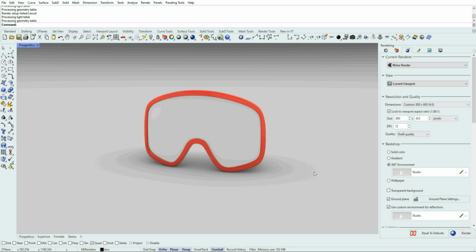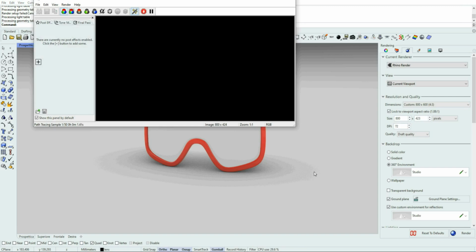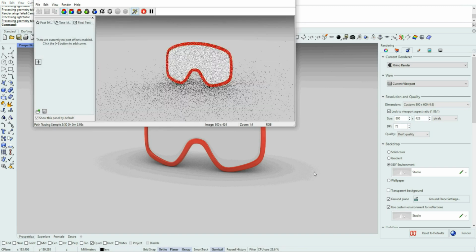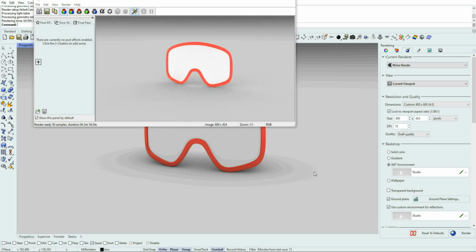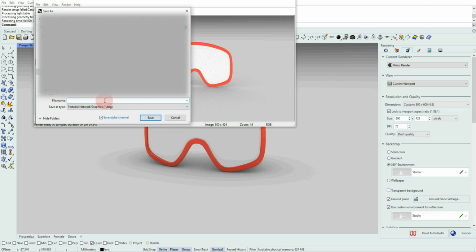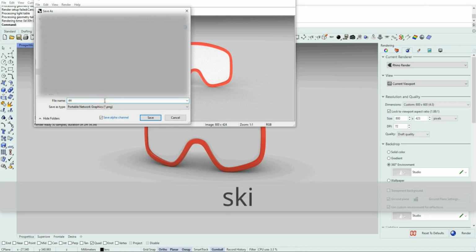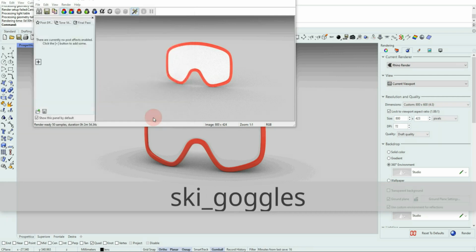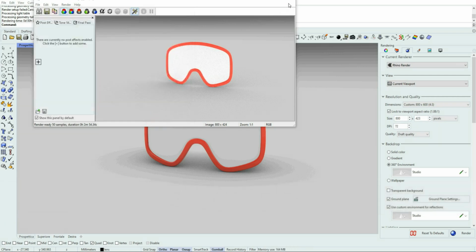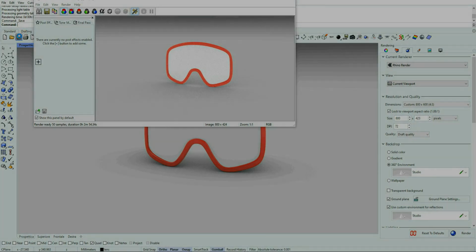Okay, I use render, and in this case probably I will get the job done in less than half the time. Once it's done, I save the image. Usually I use a PNG format, and I type just a name. After this, remember to save sometimes.